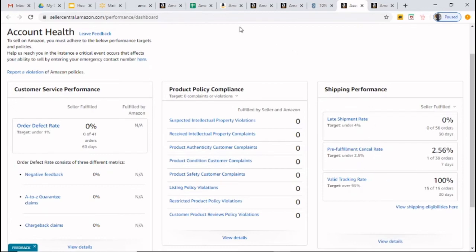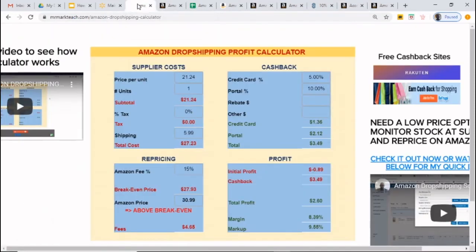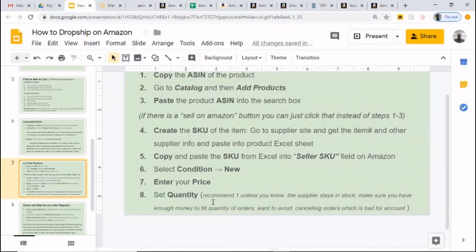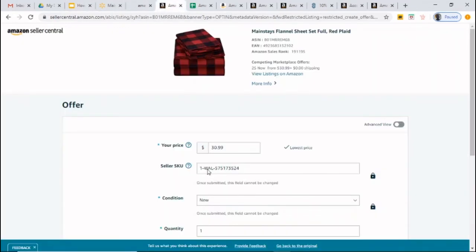All right, so by keeping your quantities to 1, it makes it a lot easier to handle yourself at first. Also, you have to make sure that you have enough money to fill the quantity. So if you set this quantity to 100, and then 100 of these were to sell, you have to make sure you have enough money to go buy 100 of these and send it to your